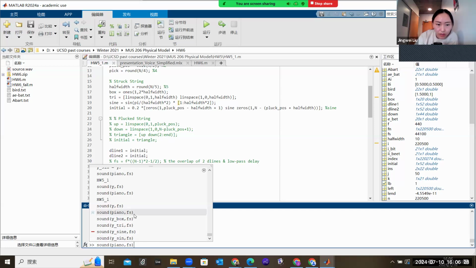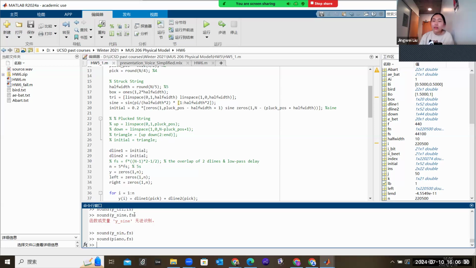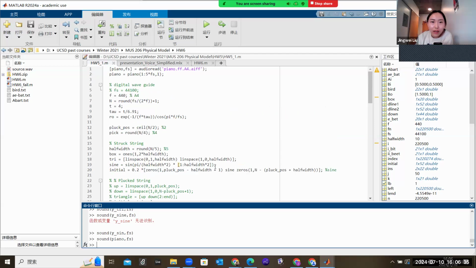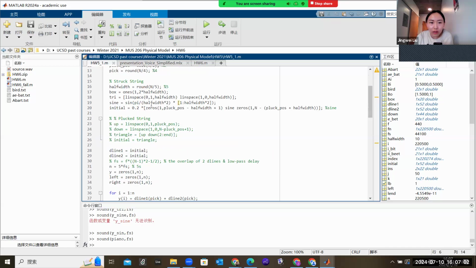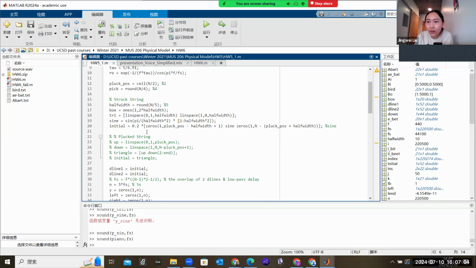And finally, if we sound the piano, right? So this is the simulation. I don't know how much you feel it, but it's kind of amazing that you can use a very simple computer program to simulate a real sound, because for piano, right, it's very expensive. If you buy a piano, or if you play the physical piano, it's very expensive to build a piano and make the sound. But now only using the computer and a few lines of code, you can